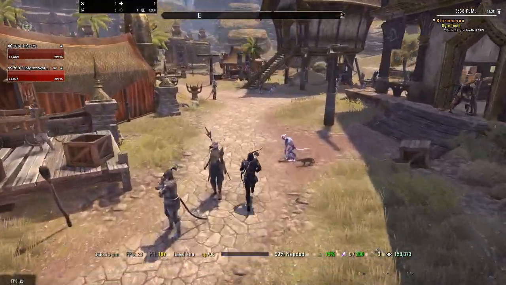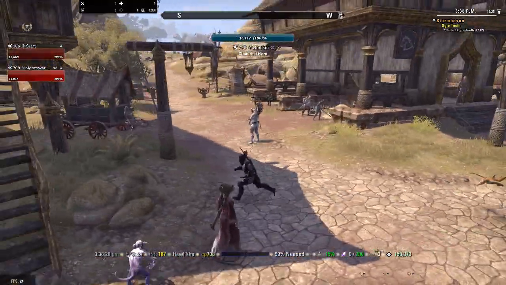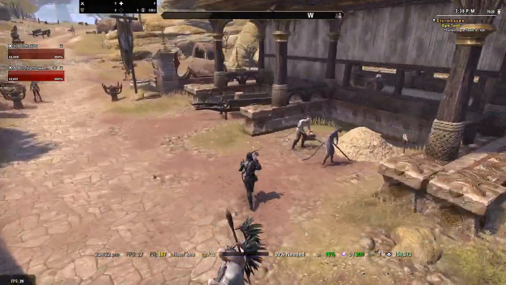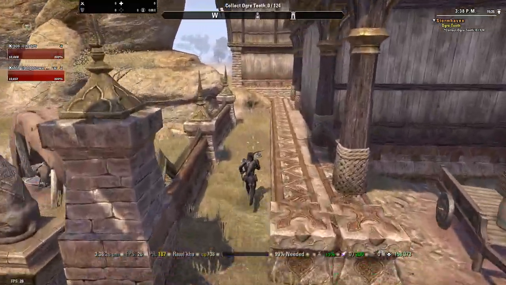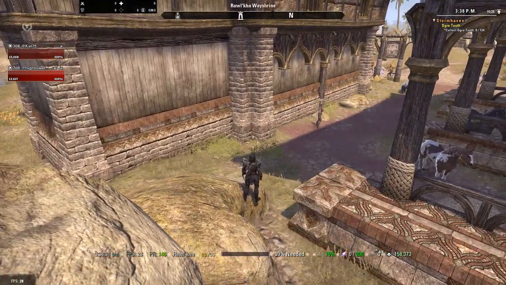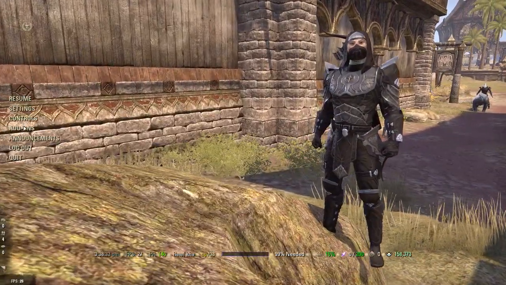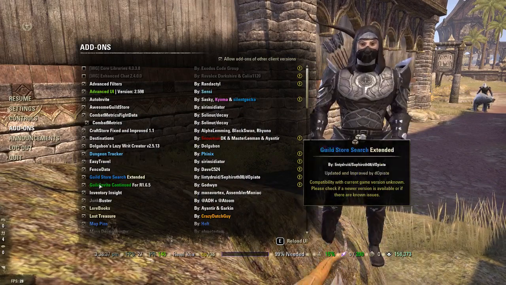There's a few different add-ons out there, but I don't find that all of them are necessary for stealing. You don't have to have any add-ons. Some of them add a little bit of convenience. Some of them are a little more difficult to use than others. But basically, when we're talking about add-ons, the ones that I do have that I like are Fence Data and